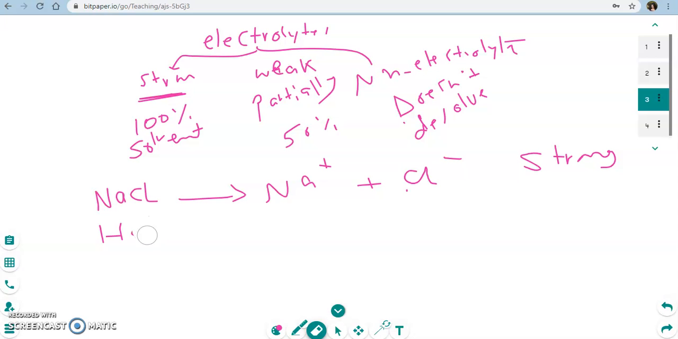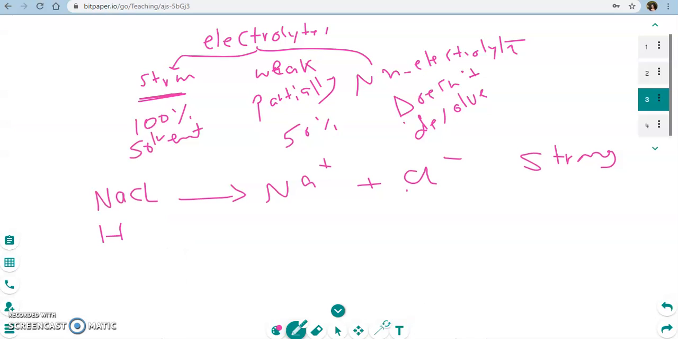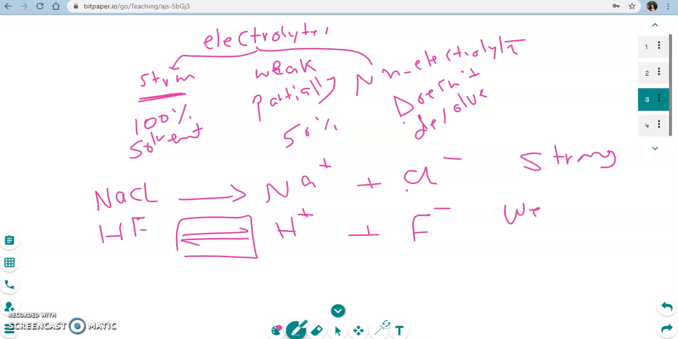If you have another molecule and you can see two arrows representing reversible, and then you can see the H here and the fluorine here. Okay, and it's reversible, so your sign here is reversible, it's a weak electrolyte. And then if you have a compound or a molecule like glucose,